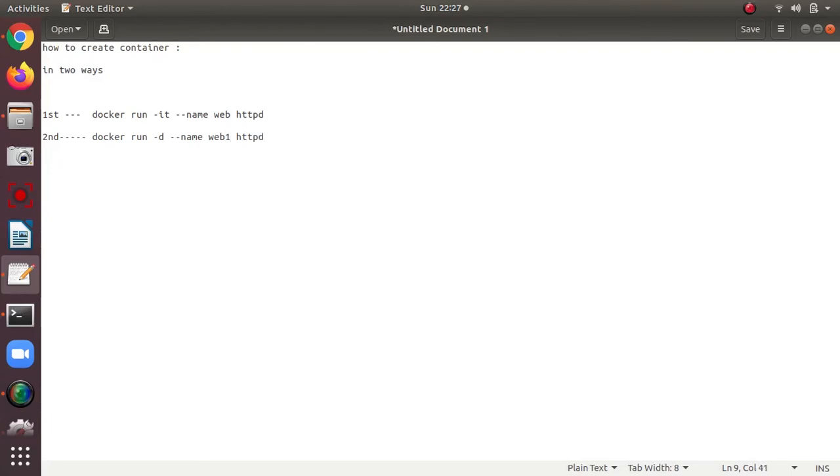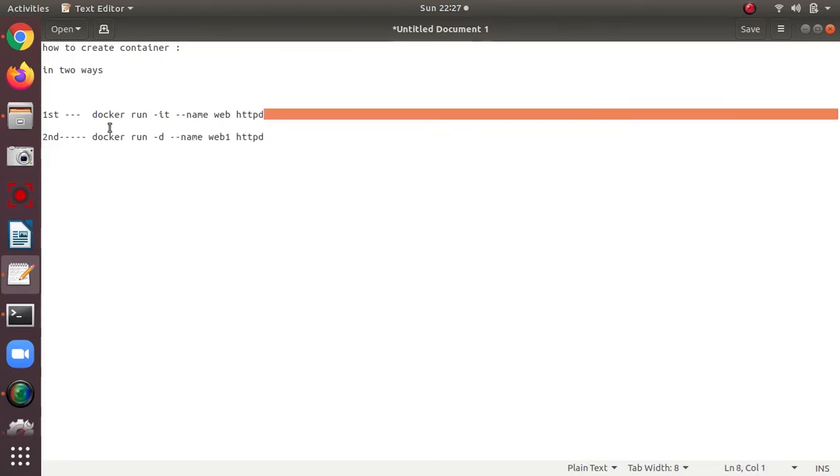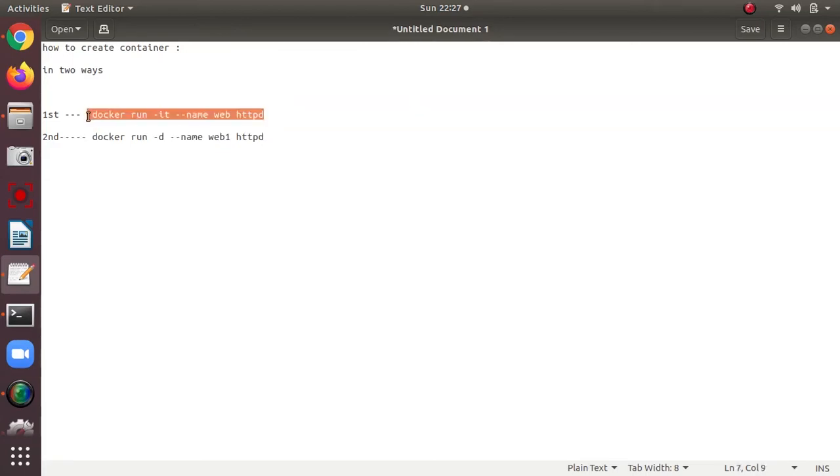We can run multiple containers with the same image, this is a thing to remember. So this will create a container in background mode and it will be running. The first one will directly create a container and you will just dive into the container.